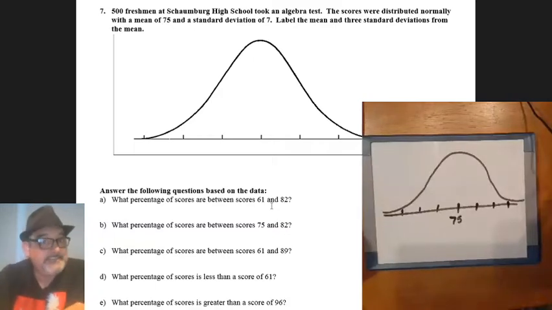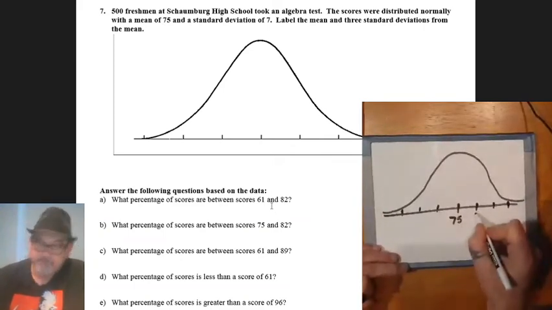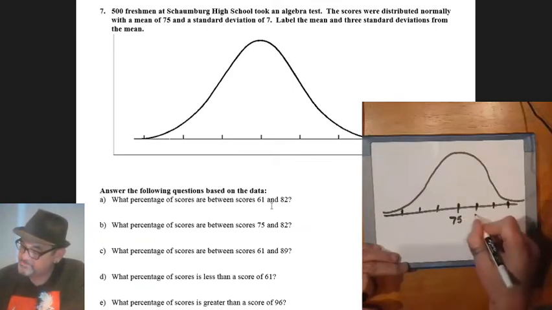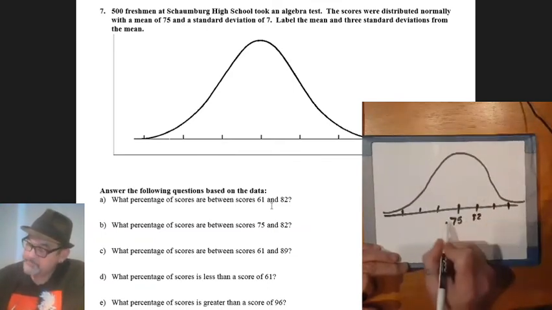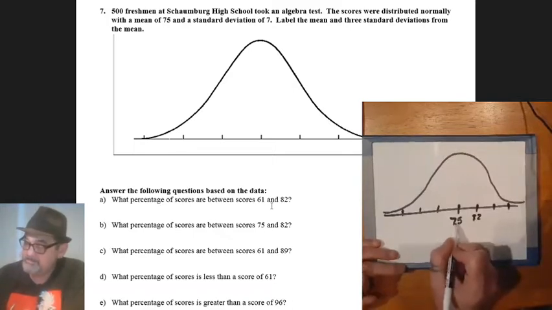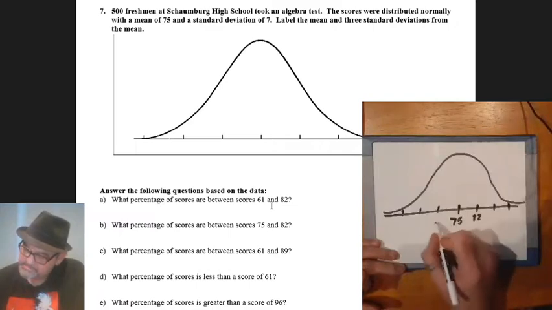It says that the standard deviation is 7. So I can go ahead and label this. This is my first standard deviation, so it's going to be 7 added to 75, which is 82. My first standard deviation below the mean is going to be 75 minus 7, because it's 7 away. So that would be